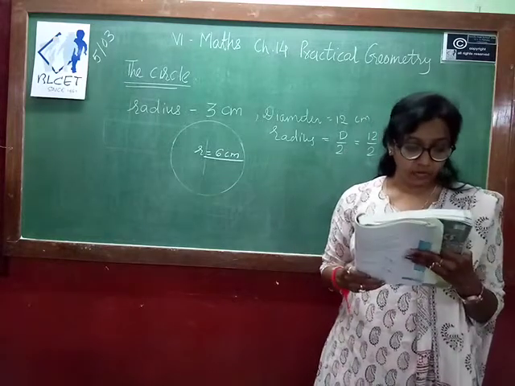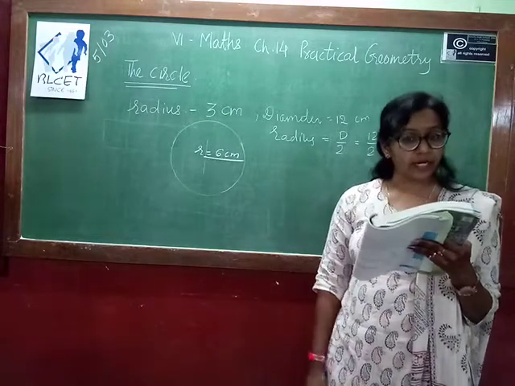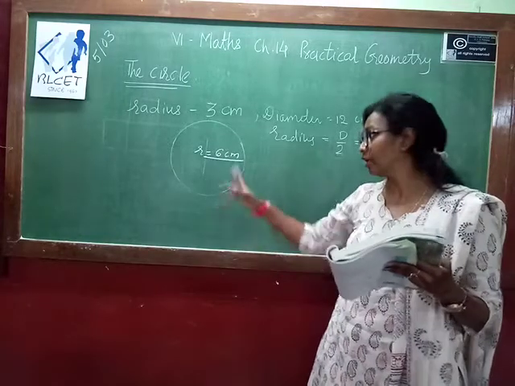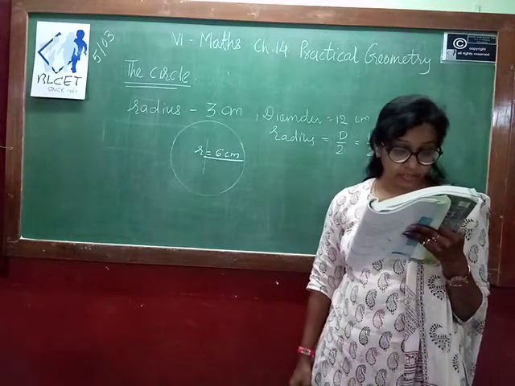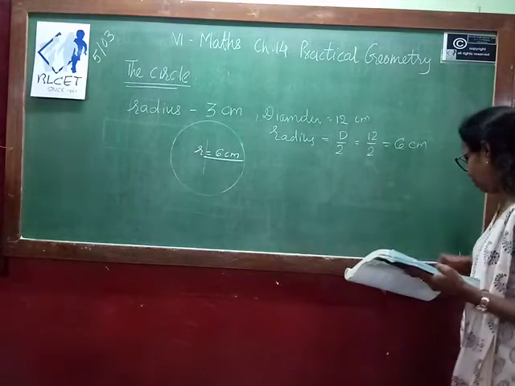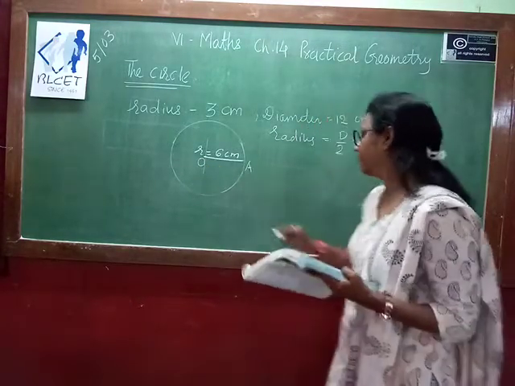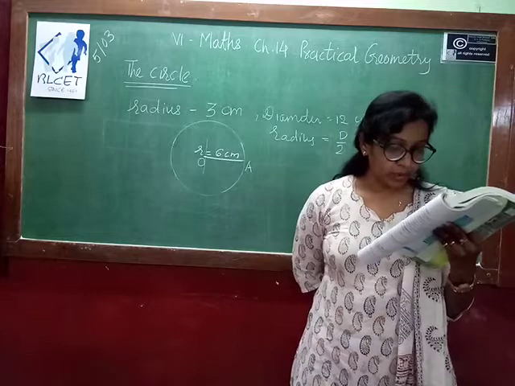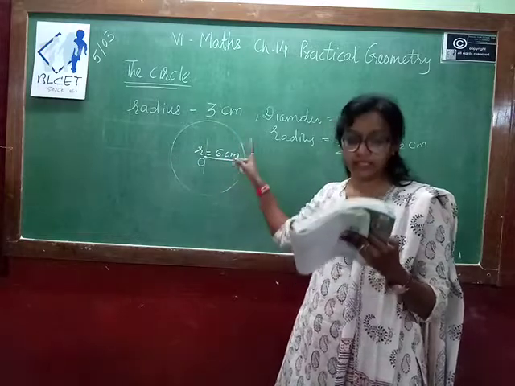In your textbook the steps of construction are already given. Open the compasses for the required radius. With the help of the scale, take the measurement of 3 centimeter or 6 centimeter on the compasses. Mark a point with a sharp pencil where you want the center. Wherever your center is, mark it and name the center O. Whenever you draw any shape, you have to label it, you have to name it. Place the pointer of the compasses on O and draw the circle.